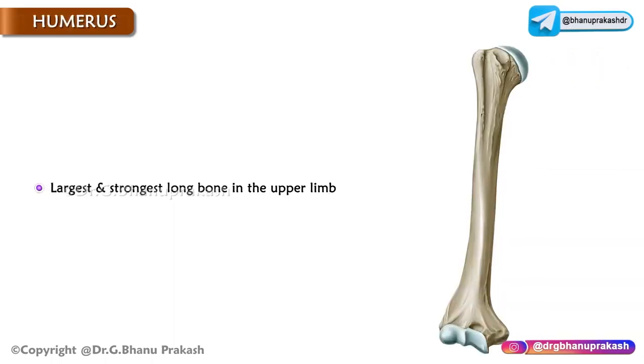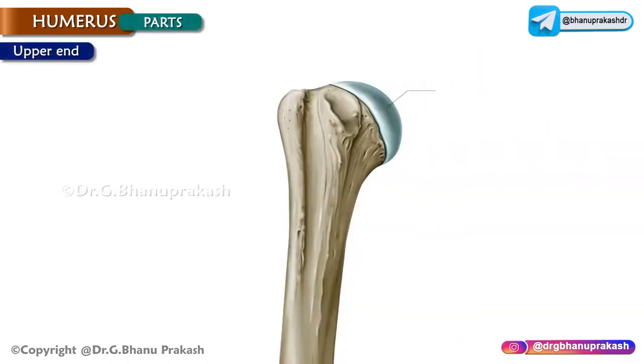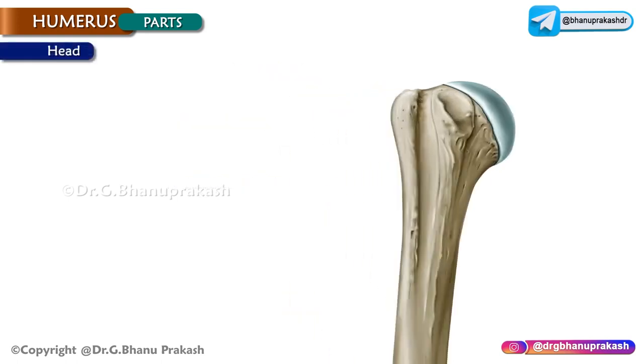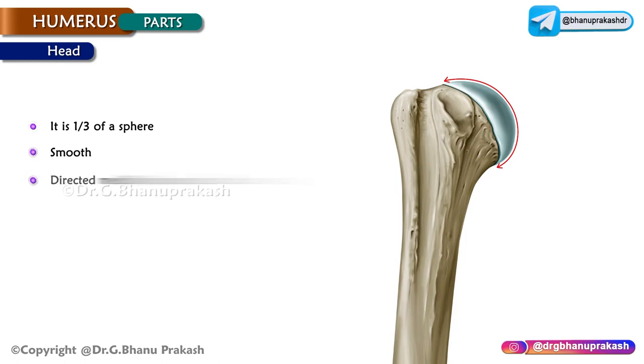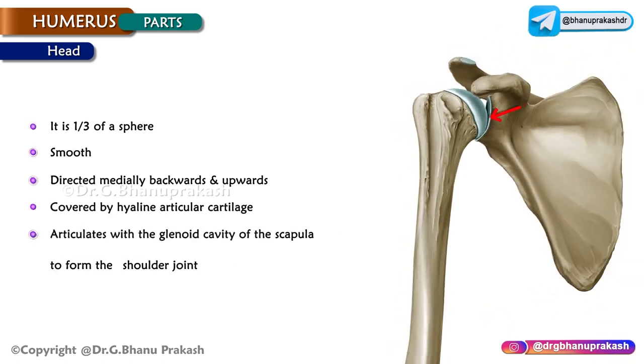Humerus. The humerus is the largest and strongest long bone in the upper limb. The upper end consists of the head, neck, greater tubercle, lesser tubercle, and the intertubercular sulcus. The head forms less than half of a sphere and is smooth. It is directed medially, backwards, and upwards. It is covered by hyaline articular cartilage and articulates with the glenoid cavity of the scapula to form the shoulder